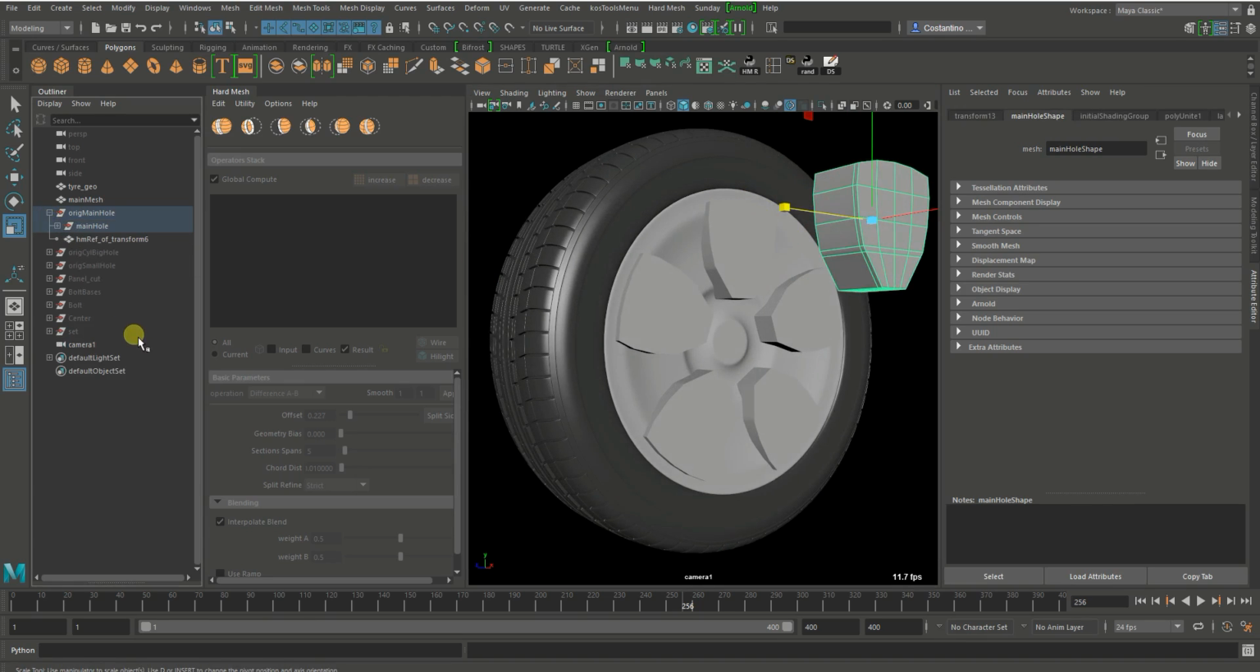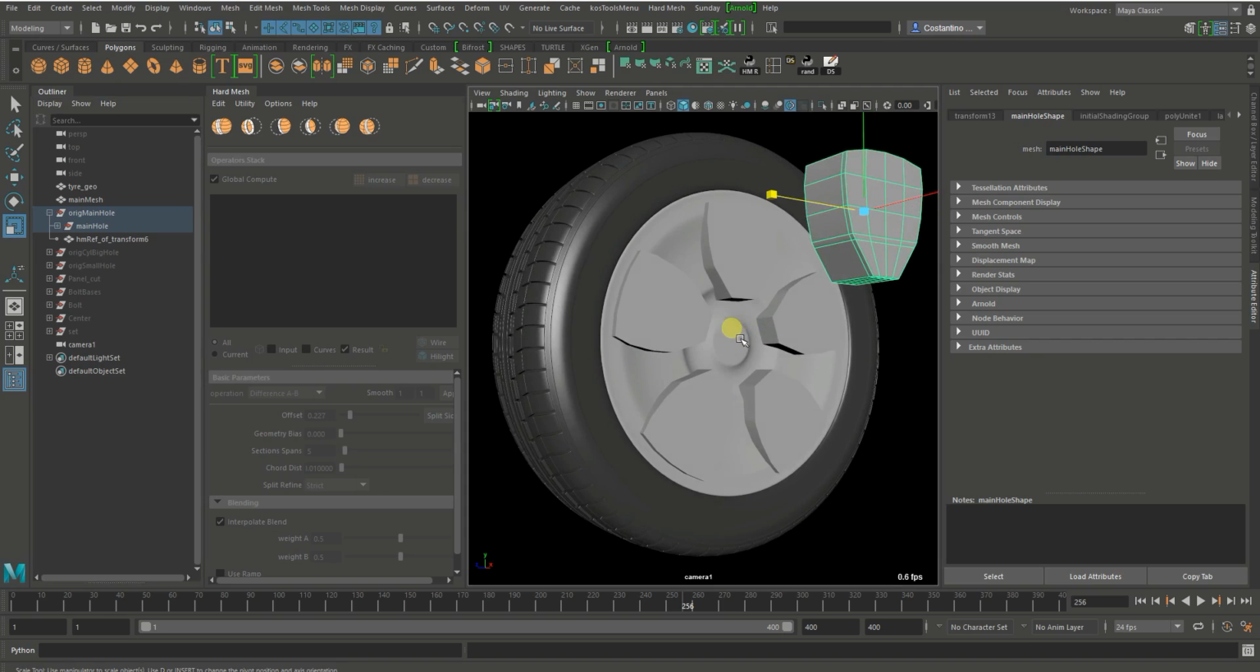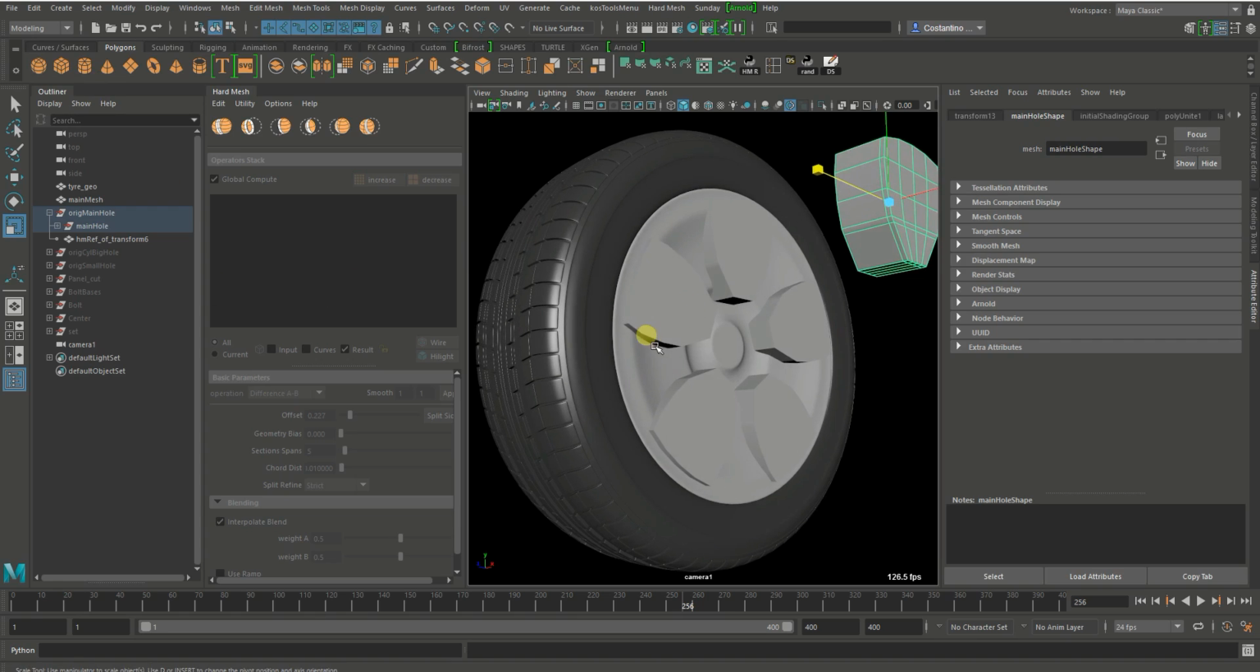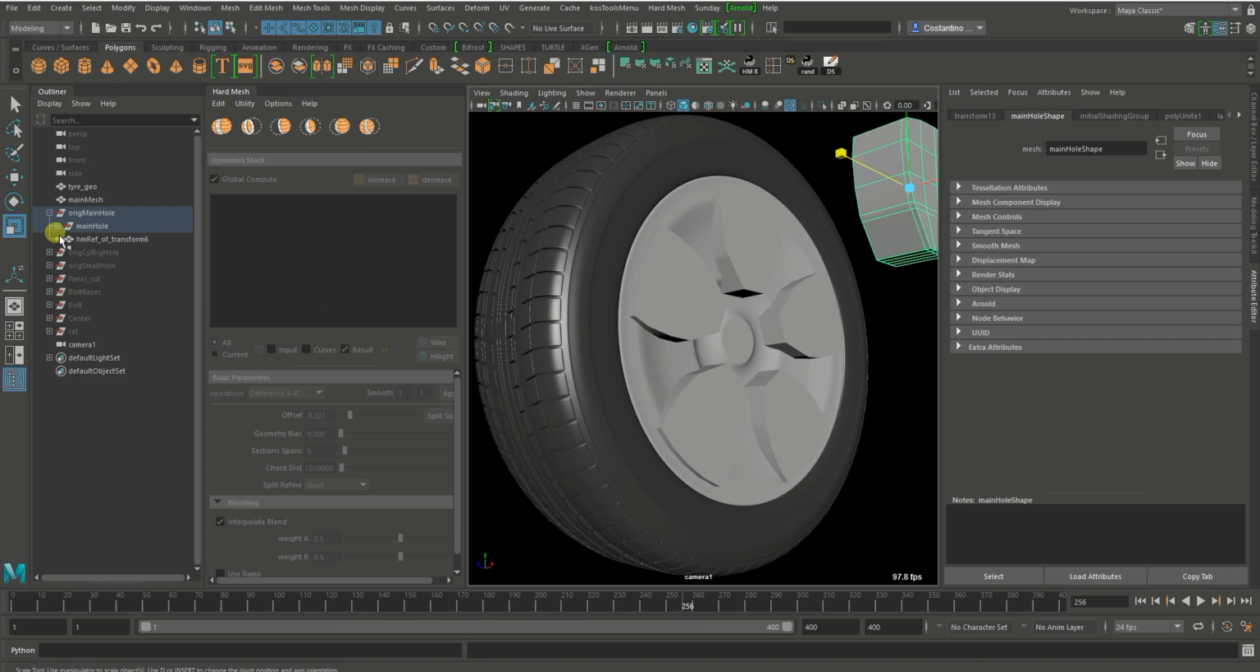So it's important to be organized in the outliner when you model with hard mesh, especially because you can end up by having like 10, 20 inputs to create the model. So if your outliner is like too messy, it's harder to change things and understand what's going on. So I suggest you to be clean as much as you can. You're not forced to do it, but that's just an advice. So how this is made,